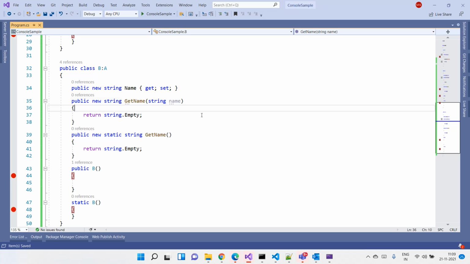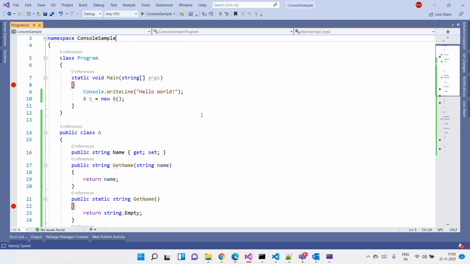Right, and in the latest framework, you will see that for creating a new object, you don't need to write the class name in .NET 5. If I remove this one, you don't need to write the class name after the new, right? So you can create the object like this one. So that is a new thing introduced in the latest version of C#, that is 9.